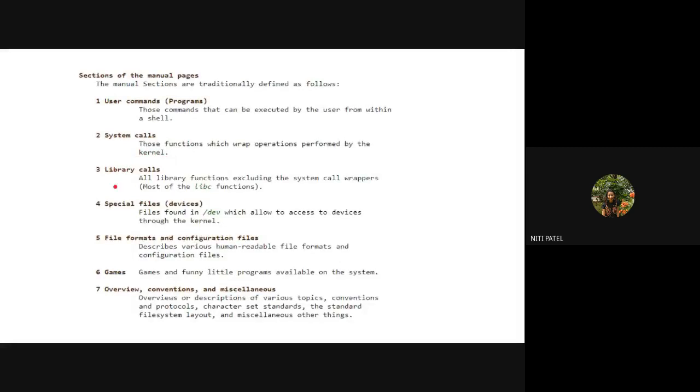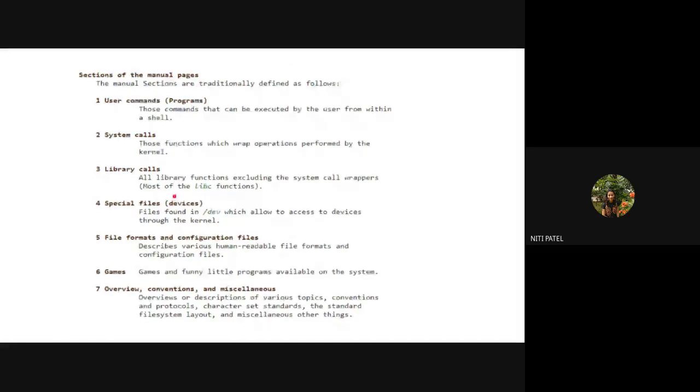Okay, next is library calls. Now we had also seen that there are different types of libraries related to different types of programs that you write in your Linux. So if I'm writing a basic C program, I require the libc library. If I want the information of a library function, I can always find that information in the manual page again by using the man command.